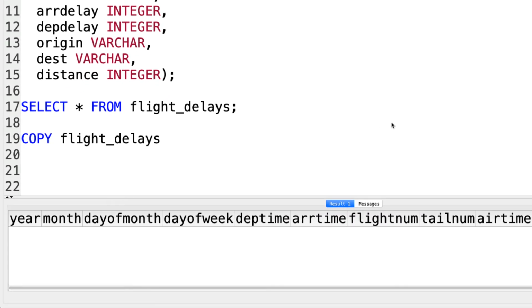This first line means that I will copy to the flight delays SQL table from program wget, a bash command. And if you are familiar with bash, you will get this. If you are not, don't worry about it. Just copy and paste from program wget -qo